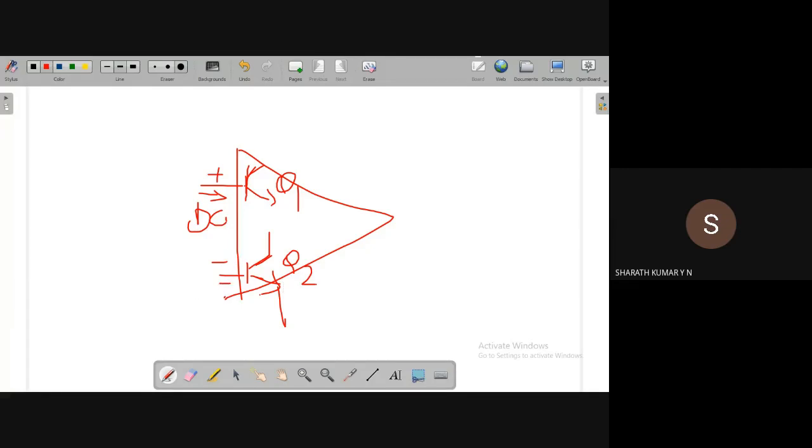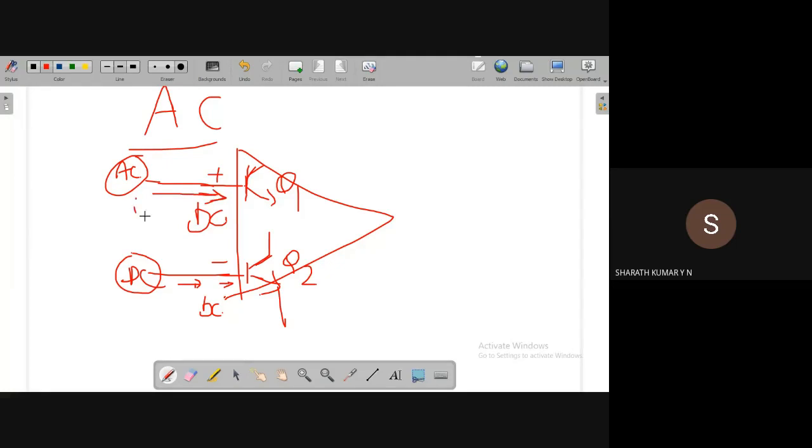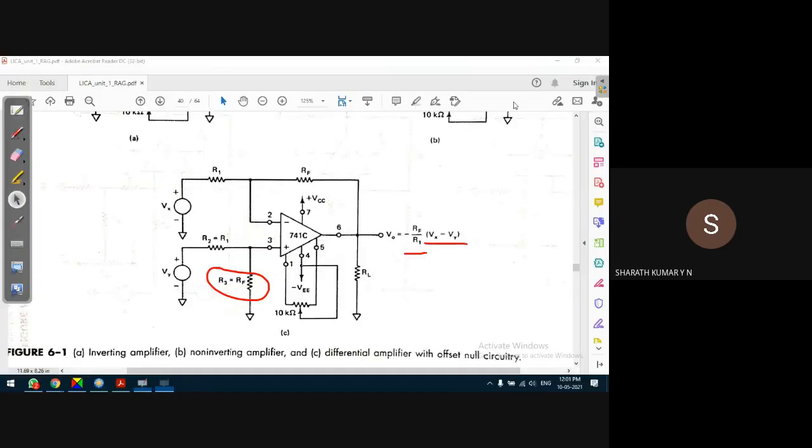So for DC bias current to flow, we have to apply DC input. If you apply DC input, there will be DC bias current, no problem. But let's say we are applying an AC input, for example an AC amplifier, which we'll discuss next. There is an AC current, IAC, flowing, but these transistors will bias only if there is a DC current. How to achieve this? To achieve that, a resistor is connected from this terminal to ground.